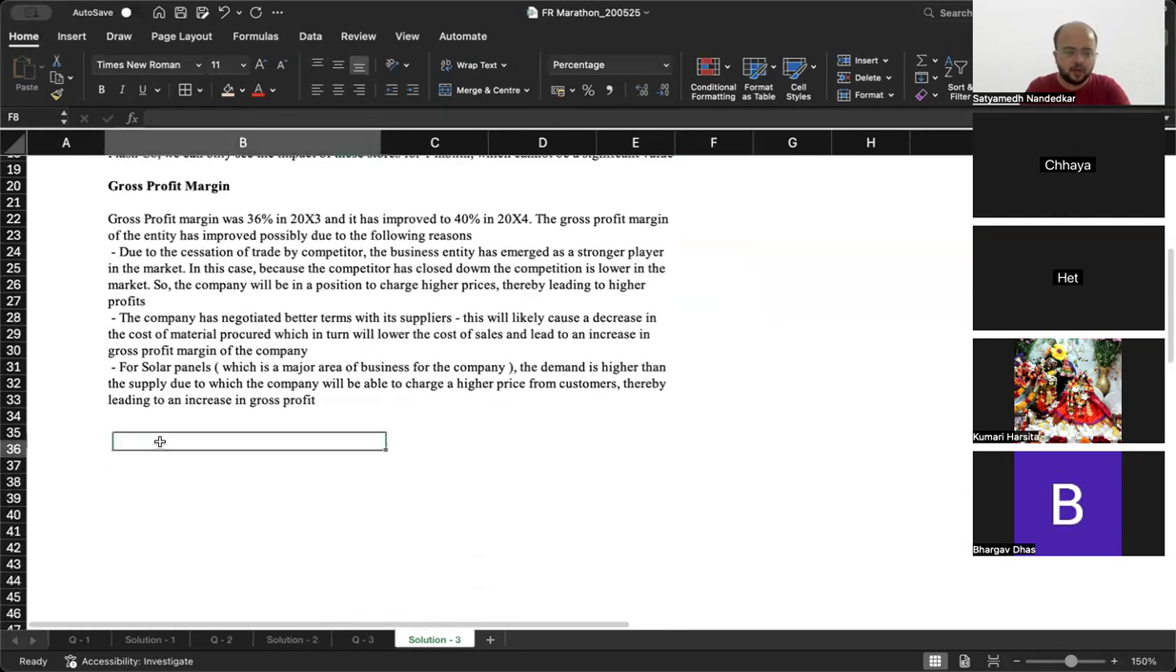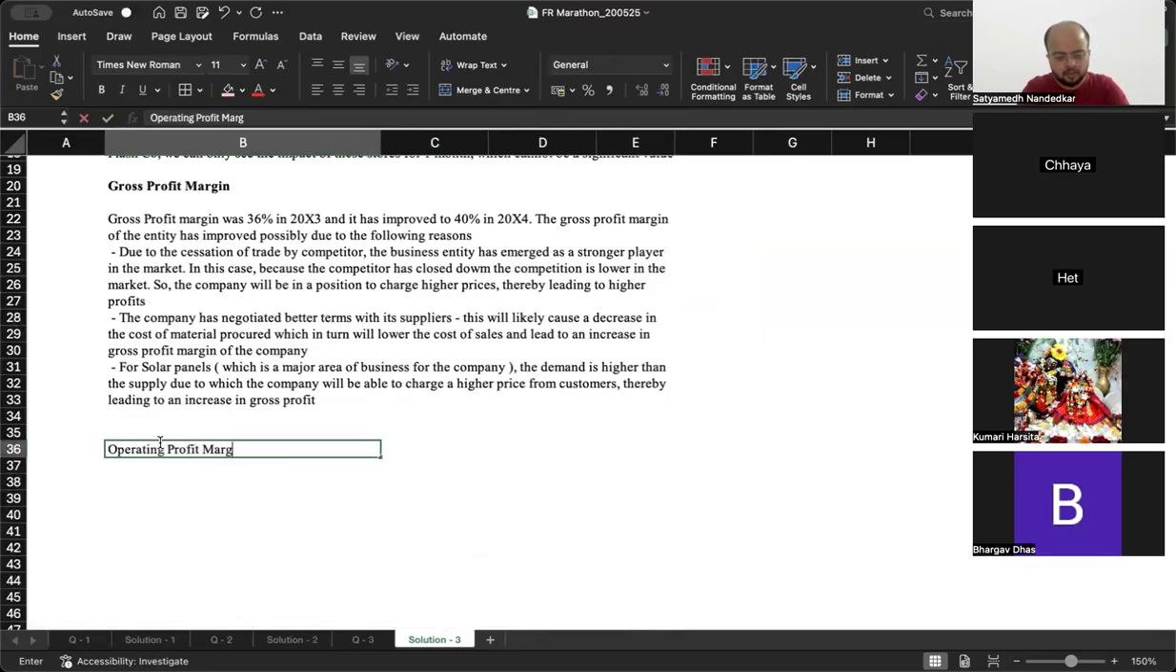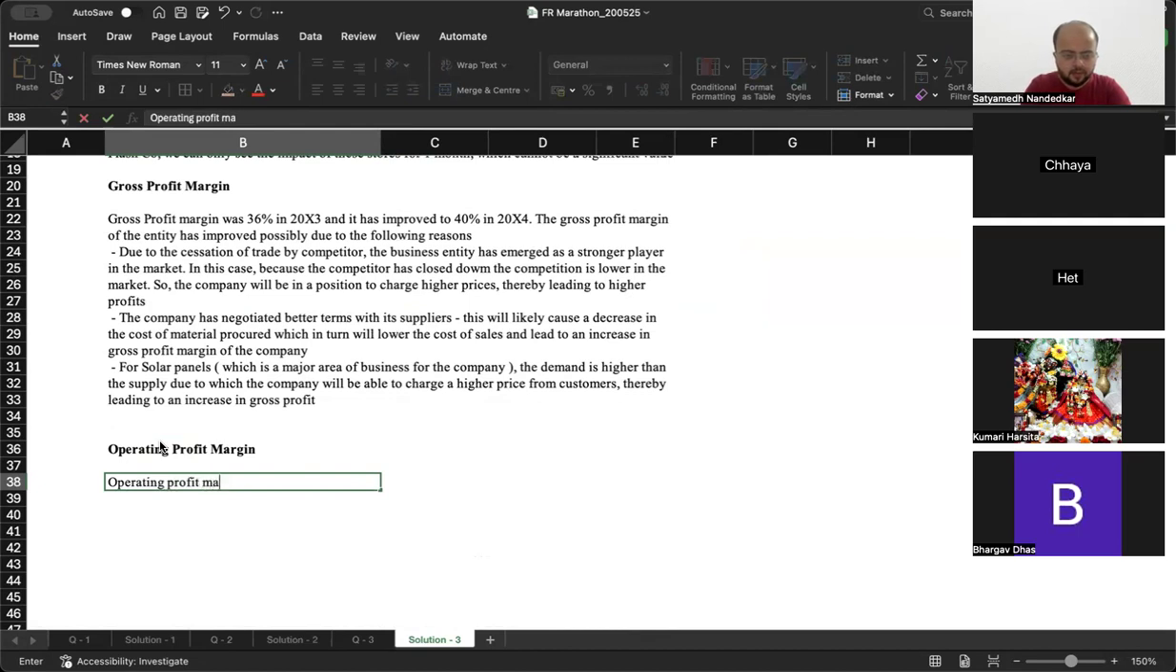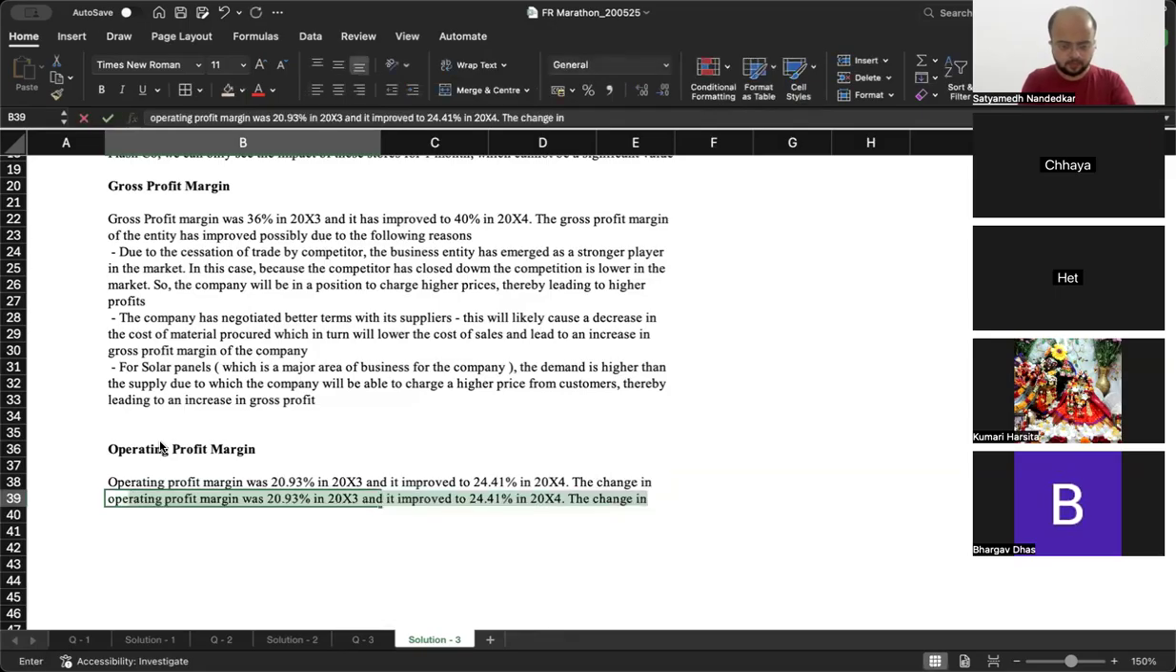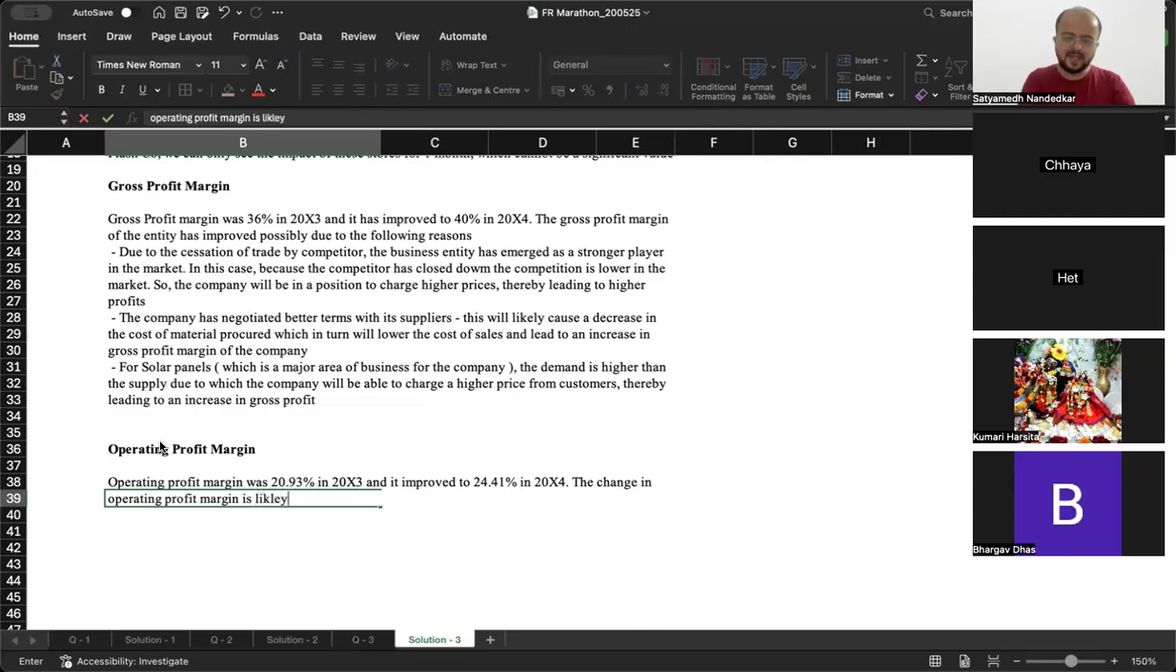So first of all, let's write down the factual data points. Operating profit margin was 20.93% in 2003, and it improved to 24.41% in 2004. The change in operating profit margin is likely. Always use the word likely. Don't just say, haan, these are the reasons. Say these are the likely reasons. Is likely